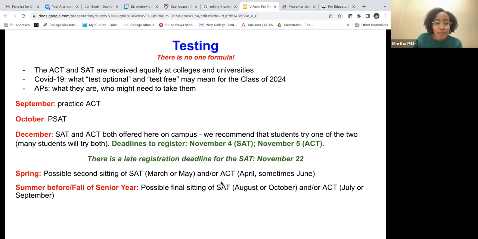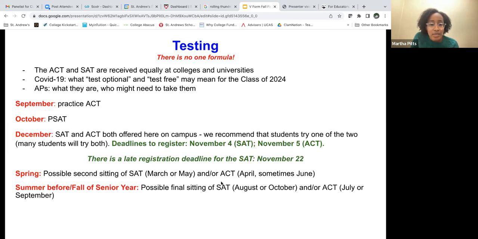In September, a lot of students took the practice ACT. Most fifth form students took the PSAT. In December, the SAT and ACT are both offered at SAS. The deadlines have passed, but there is a late registration deadline for the SAT, which is November 22nd. In the spring, there's an option to sit for the SAT again in March or May,